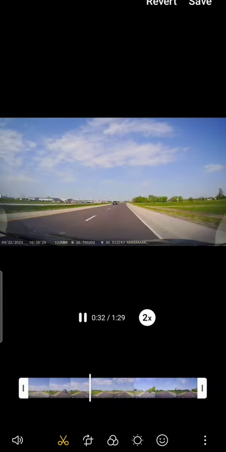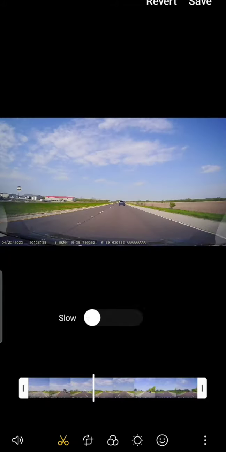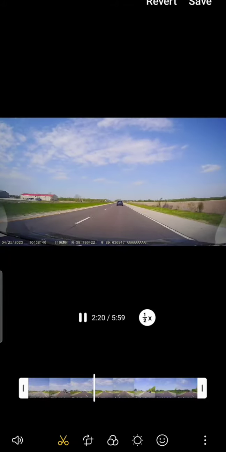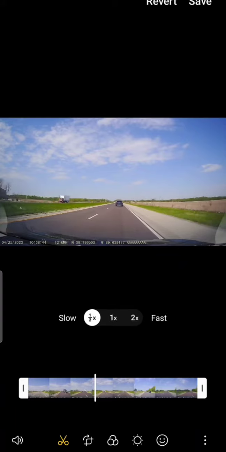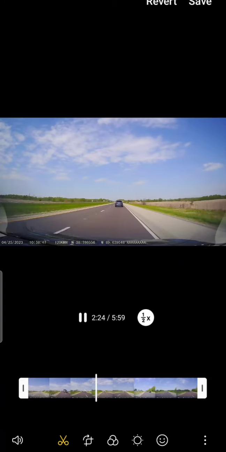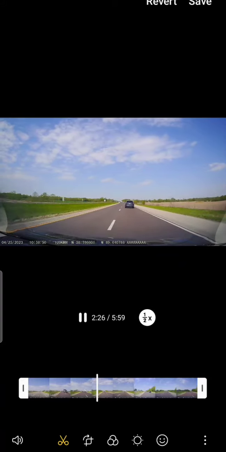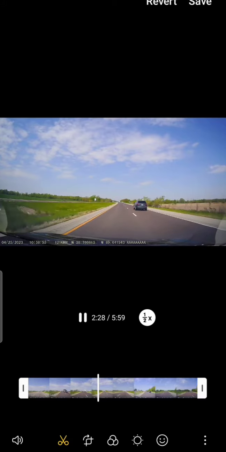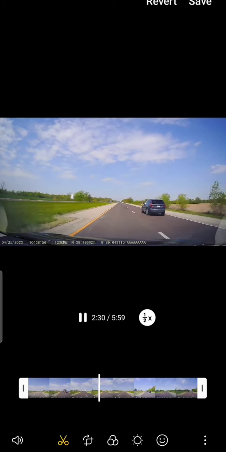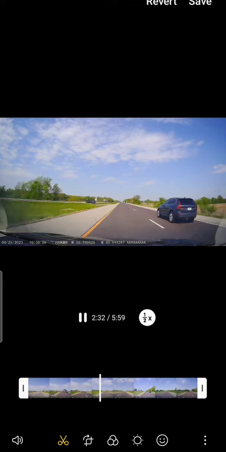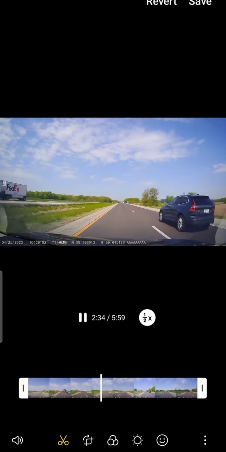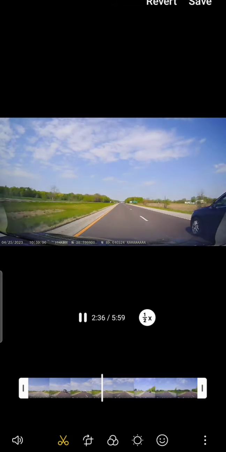So if you wanna go back to half of it, you can go like this. Now it's look much better. If you wanna go by slow, you can go even slow. Okay, so in this way you can adjust the